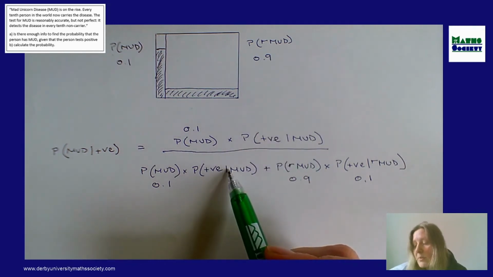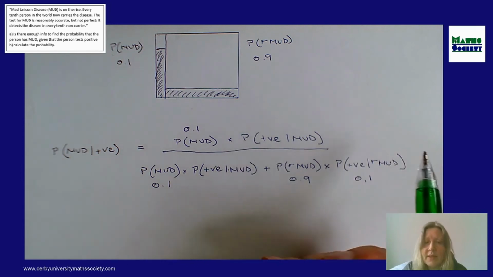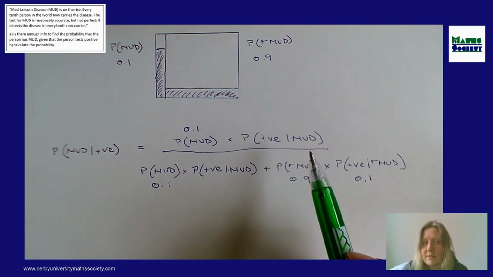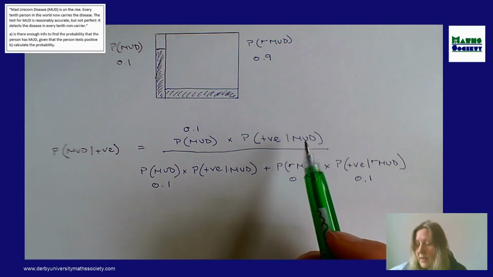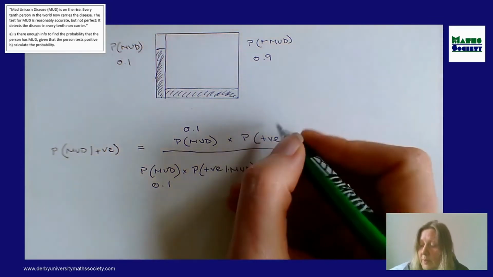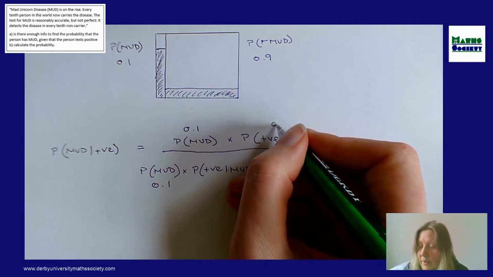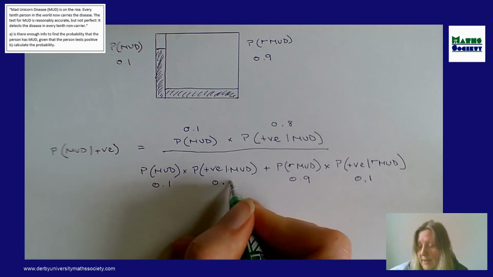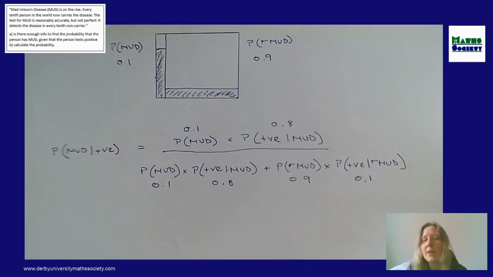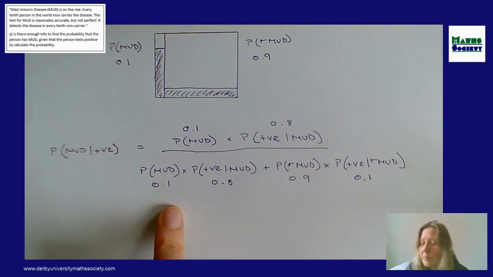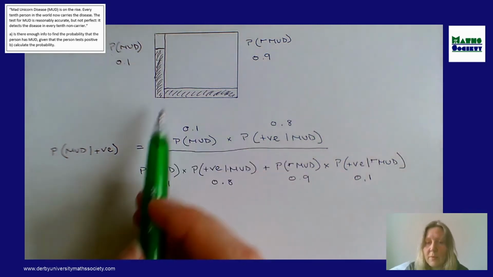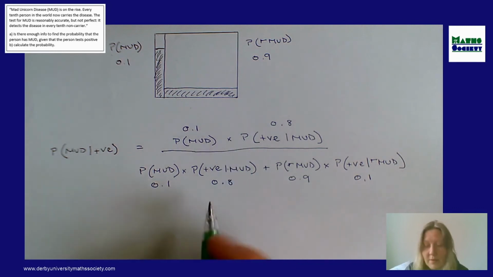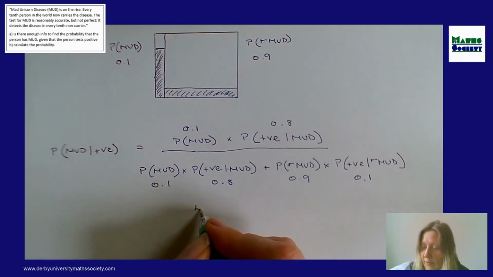But what we don't have is this bit of the question here. Assuming that the test is relatively good, you'd expect this to be closer to 1. Not all tests are 100% sensitive, so it's probably reasonable to say something a little bit less than that, so 0.8. Now if you punch all those numbers in, this is the Bayes formula, by the way, to calculate this. If you punch all of those numbers in, and I did calculate it,